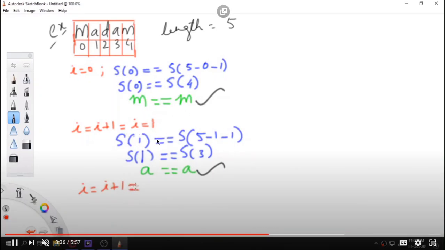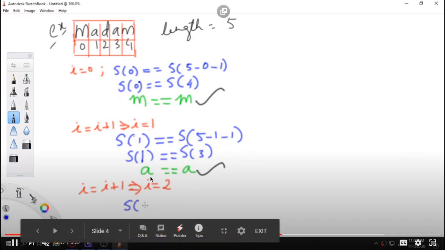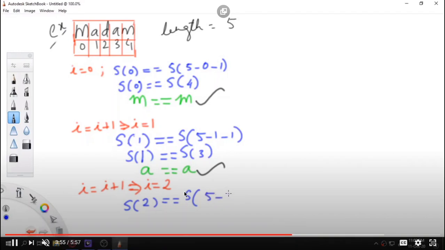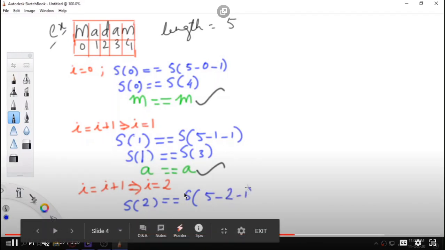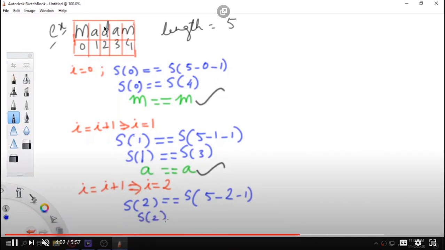It will come here, S of 2 is equal to S of 5 minus 2 minus 1. Which is S of 2 is equal to S of 5 minus 2 minus 1, means 5 minus 3. What is 5 minus 3? It is 2. So S of 2 is equal to S of 2. So we know that S of 2 here is D. Okay. So here since we are in the